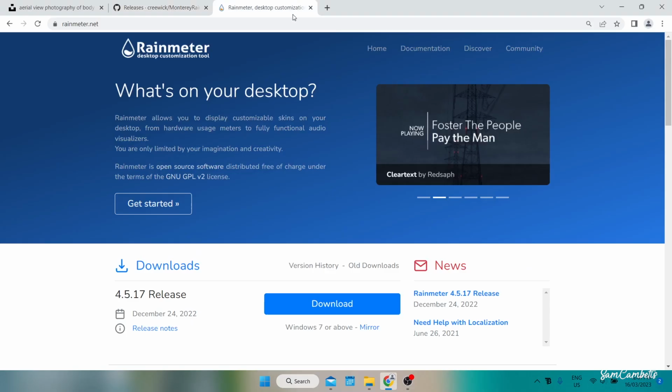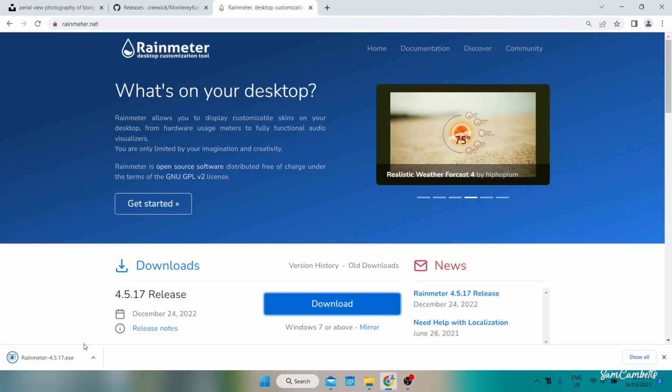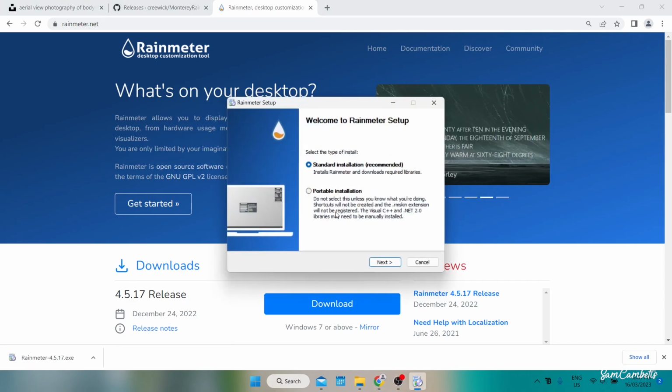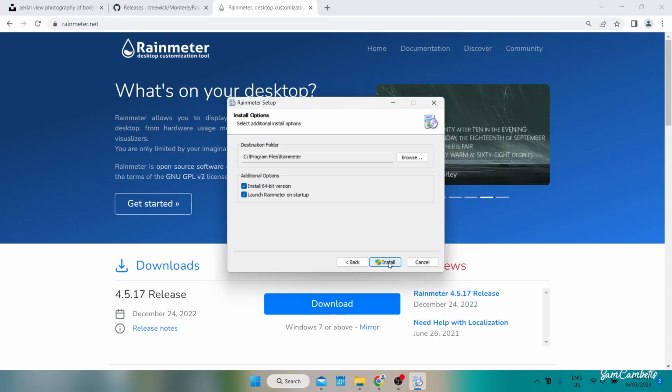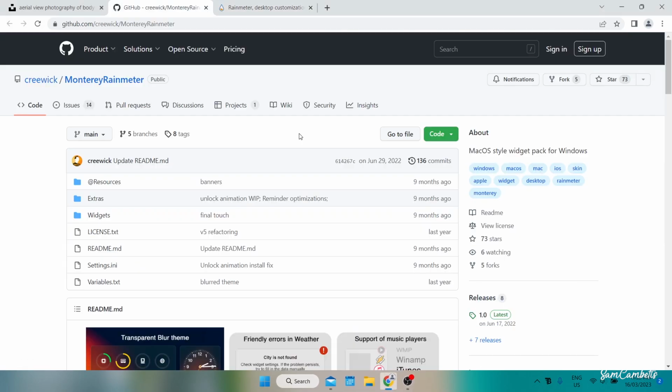So the last thing we're going to do is add widgets to the desktop. So we'll need to download Rainmeter to do that. There'll be a link in the description to this page. Then we'll just go through the Rainmeter install, click next and install. Okay, and finish. The last page we'll go to is GitHub, and this is where we're going to be downloading